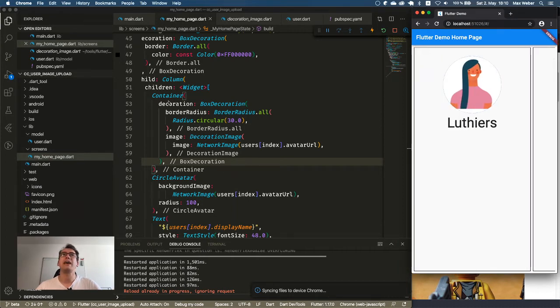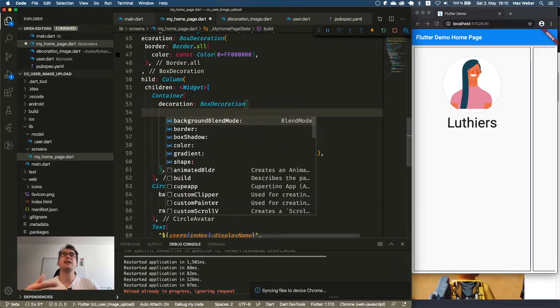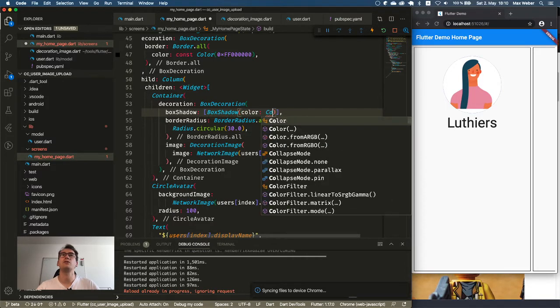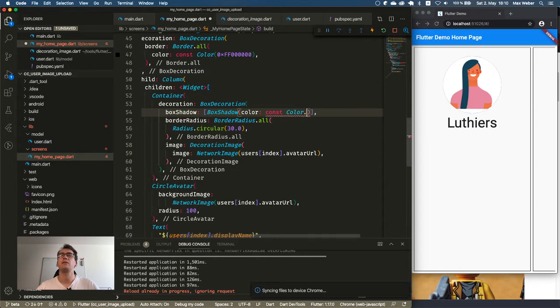Now we can also add new stuff to that box decoration, like shadow, because people like box shadows, which is a list of box shadows. We can have a color, which is const Color.black. No, I think I can't do that. 0xff and make the whole thing black.